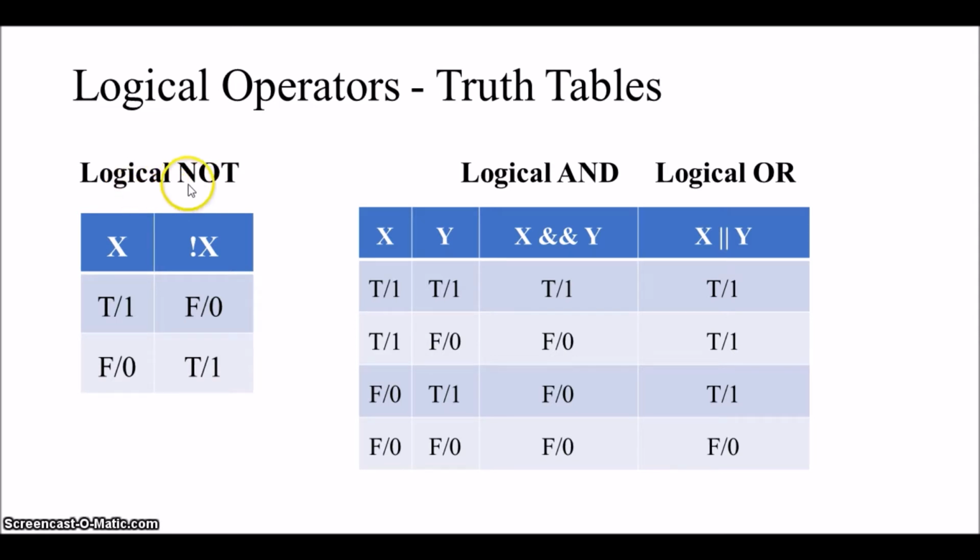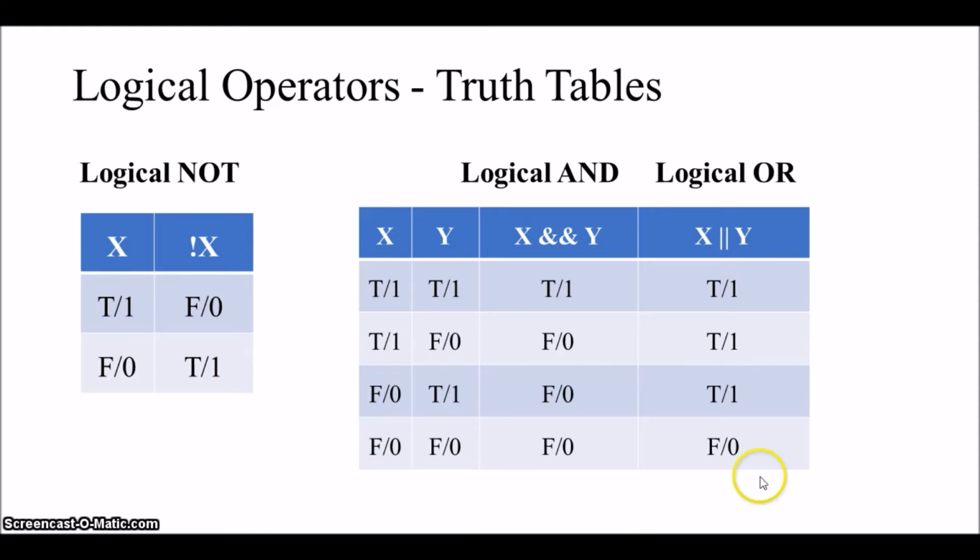As already said, logical NOT: consider that X is an operand. If it is true, logical NOT will make it false. And if it is false, logical NOT will make it true. Logical NOT takes only one operand, whereas logical AND and OR take two operands. In the previous example, we had seen how we got 5 and 5 as true and 5 or 5 as true.